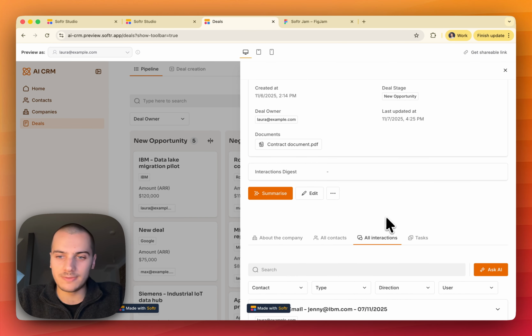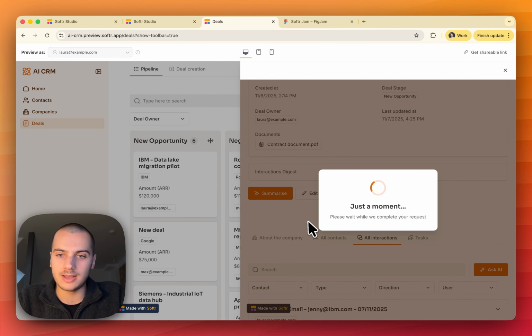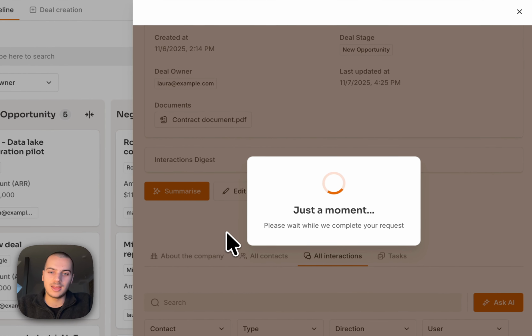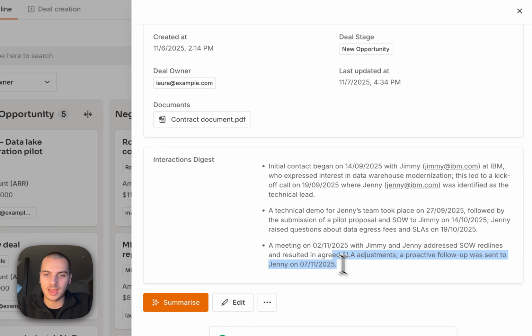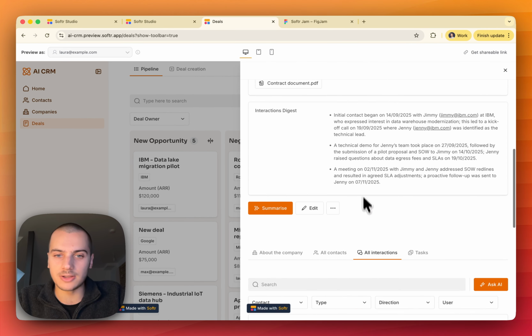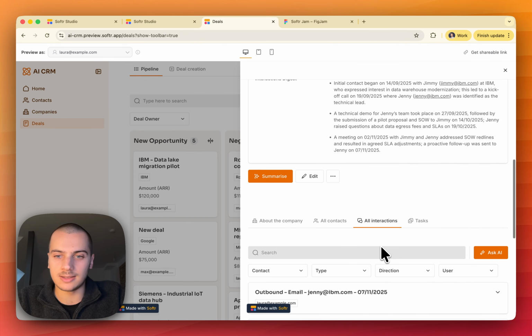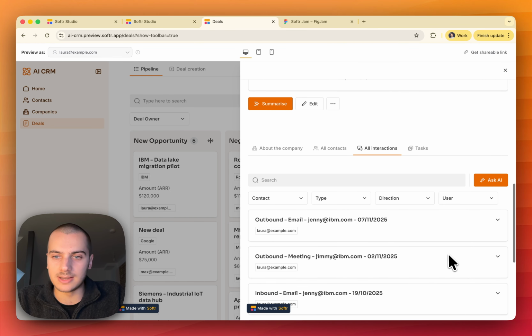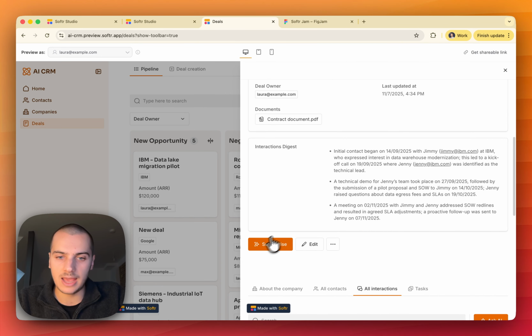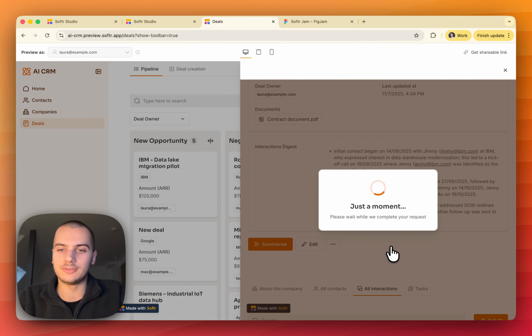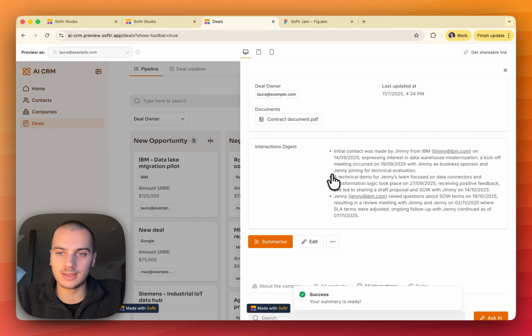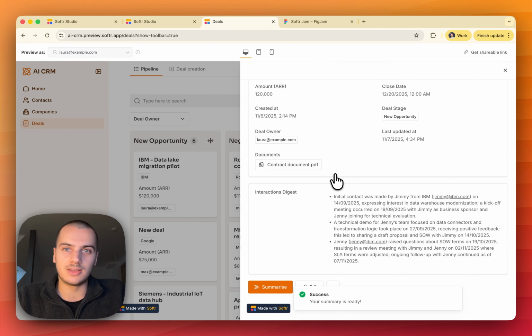But what I've added here is a button. Whenever I click it, I see this loading screen, and right there I get a digest, like a summary of all these interactions. And whenever I click, it gets updated. So if, for example, I was logging some other meetings, some other emails, I could just go in here and click to get a little refresh of all this information being digested for us,